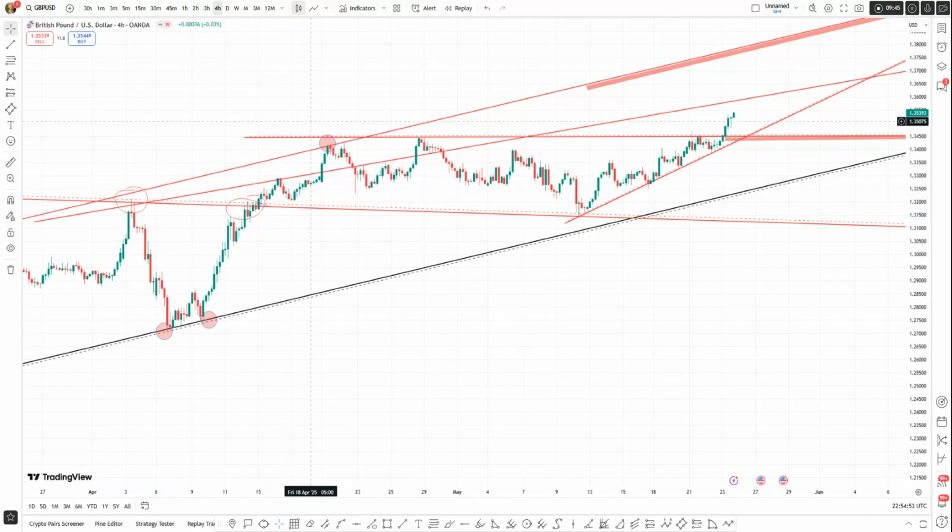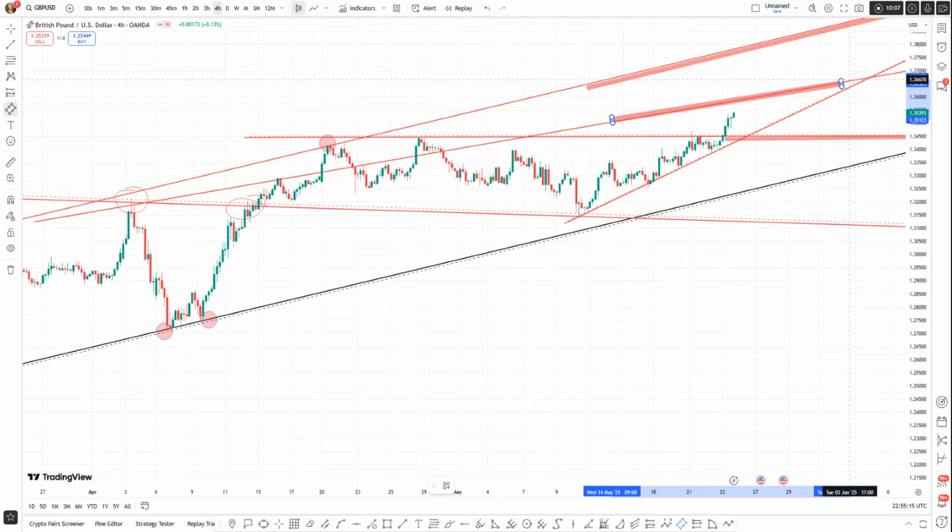And we broke the structure, returned back, broke it, respected it. And we broke the structure once more, respected it. There is a probability that price returning here will respect the structure, because now we are lacking structure to trade supply. So we must use every technical information on the chart to provide a sell zone,